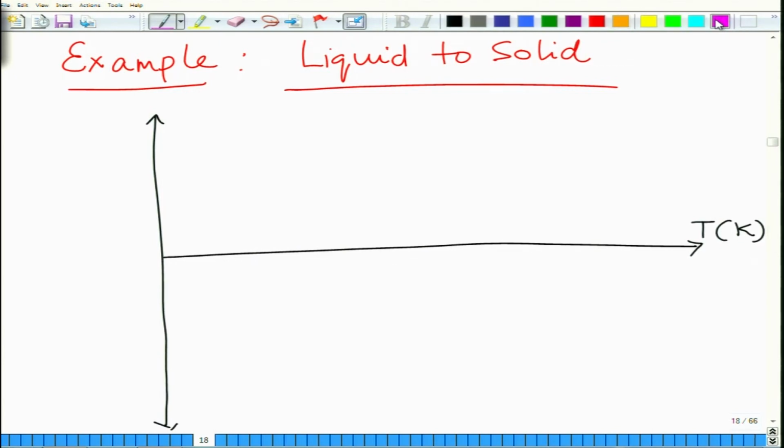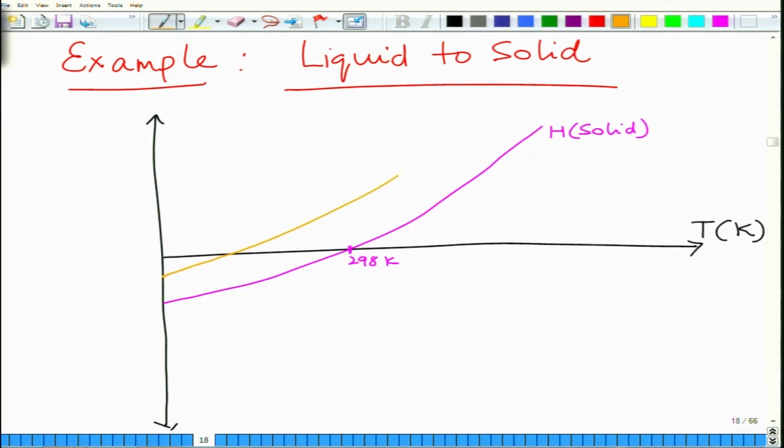So, let us say if I first draw the free energy for a solid phase, free energy for a solid phase would be like this. So, this is 298 Kelvin, this is H for solid, all right. And then the enthalpy of liquid would be higher than that of solid. So, if I now plot the enthalpy of liquid, it would go in a fairly similar fashion like this,